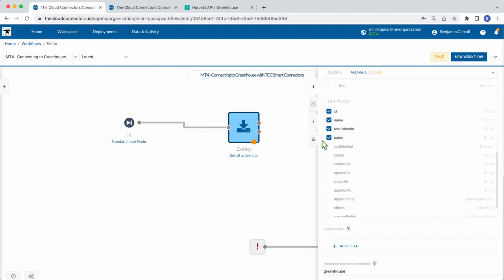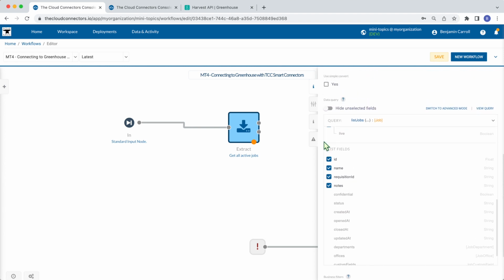Sometimes it's nice to see a summary of your query configuration, and there are a couple of ways to do that. First, if you want to see that summary in the current view, you can scroll up and toggle the Hide Unselected Fields option, and that will ensure that only the fields you've selected are visible. In this case, our query is pretty simple, so it doesn't make a huge difference, but it's a nice feature